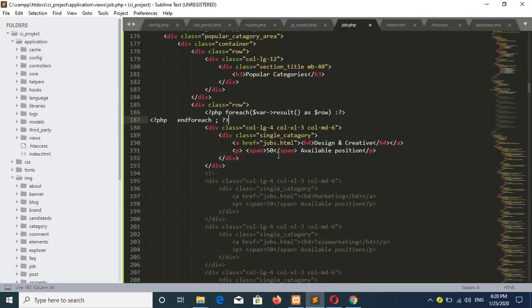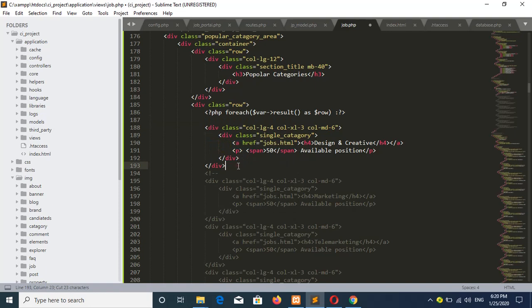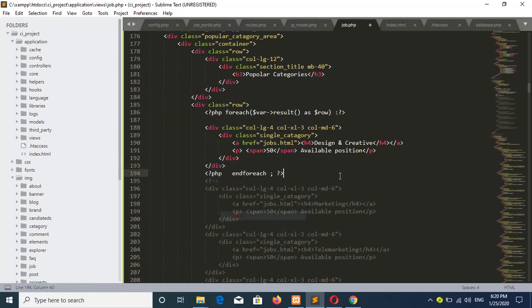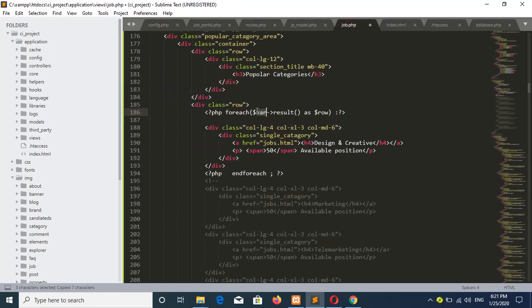So I will set this one here, and this is the starting and ending of the loop. Starting will go here and ending will go here. Okay, you have to change the variable name each time you want to iterate the loop for particular records. So here I will set this variable name, catalyst. Okay, and to display the category name from here, you have to write the field name using PHP